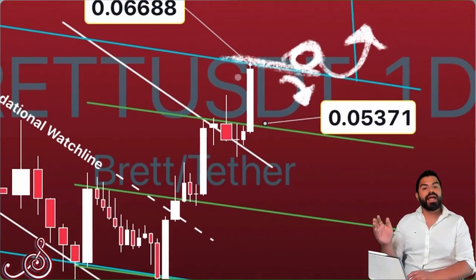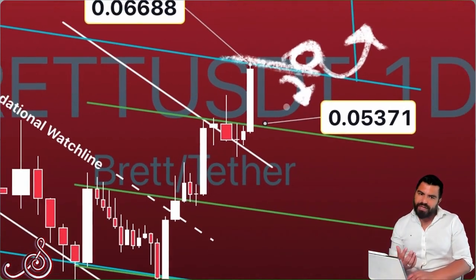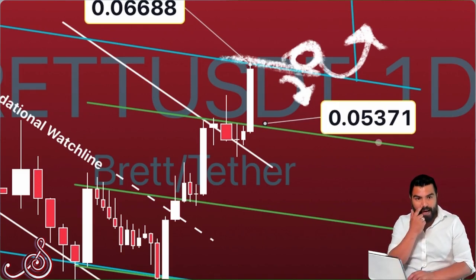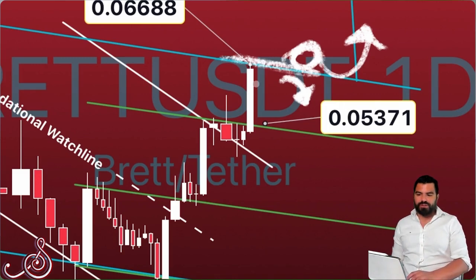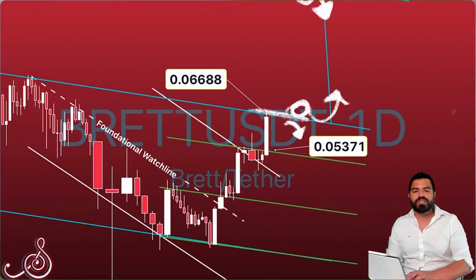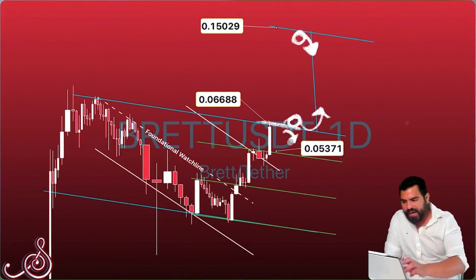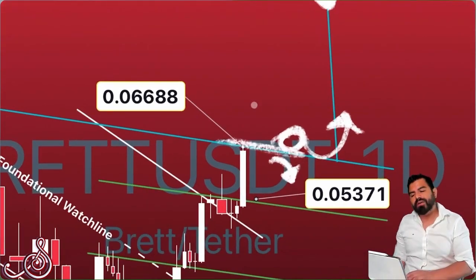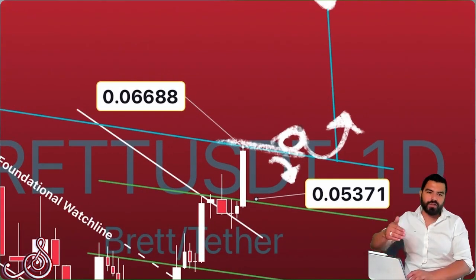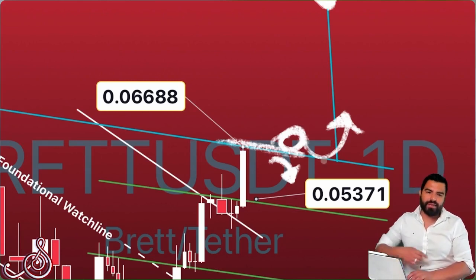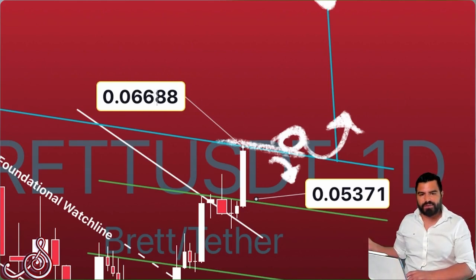That should have been a resistance, but then again, everything's broken. So if it's broken, and this is a big push, we may need a rest. So we may see support closer to 0.5 cents if we do see it just move back down, and that could still be a little bit healthy. Either way, the next big high for me is probably going to be above that 6 cents. See how I drew that circle above this line? I don't really want to buy Brett again until we're above this number, okay? Above this 0.6